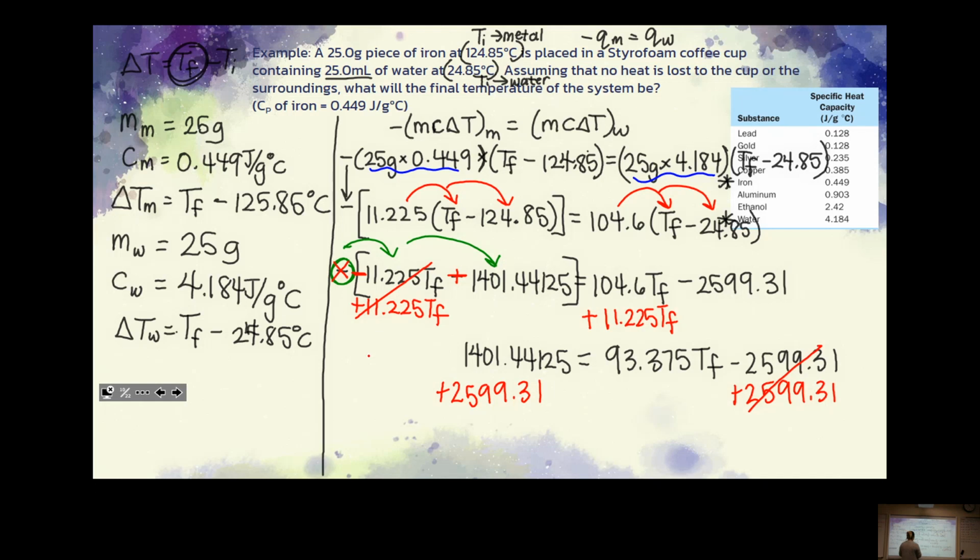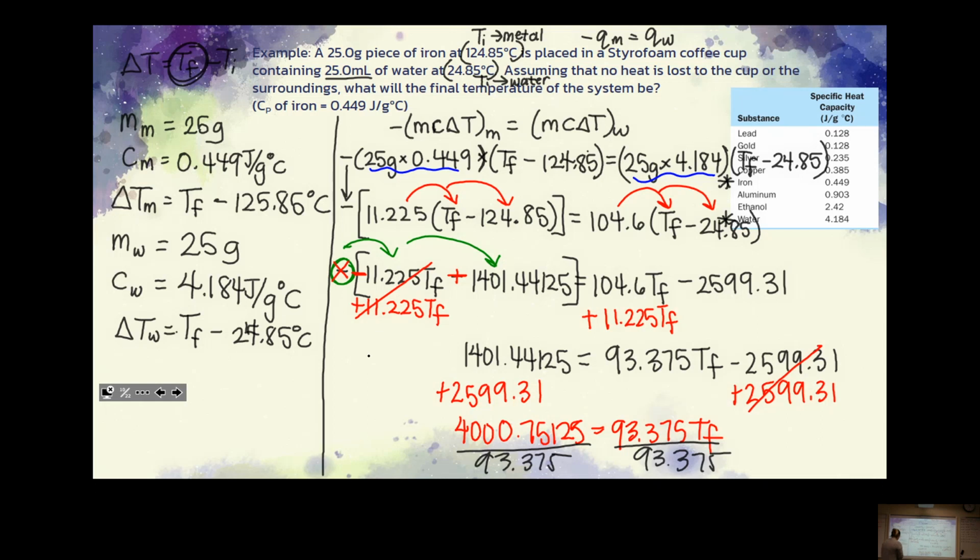Okay, so on this side, all right, so the very, very last thing that we would have to do, right, you're trying to solve for the final temperature. So again, just algebra. You want to divide both sides by your